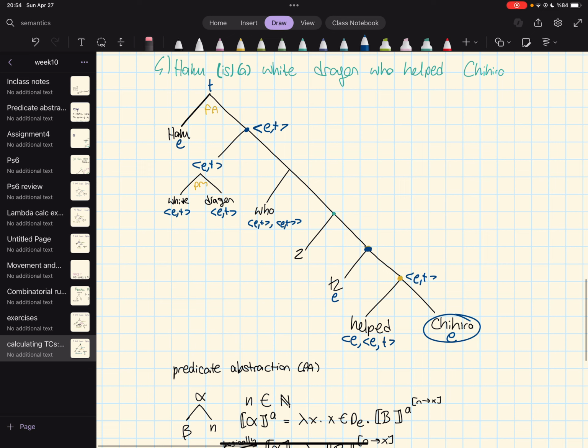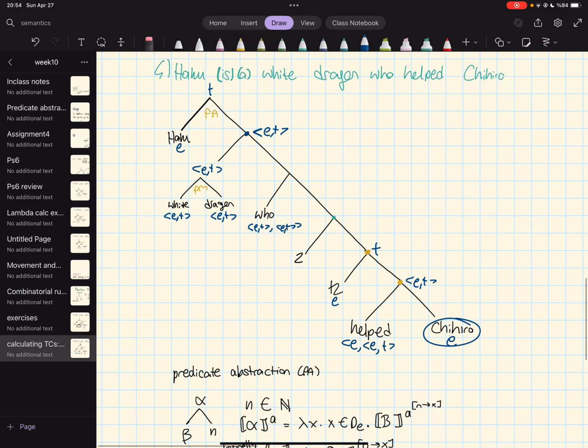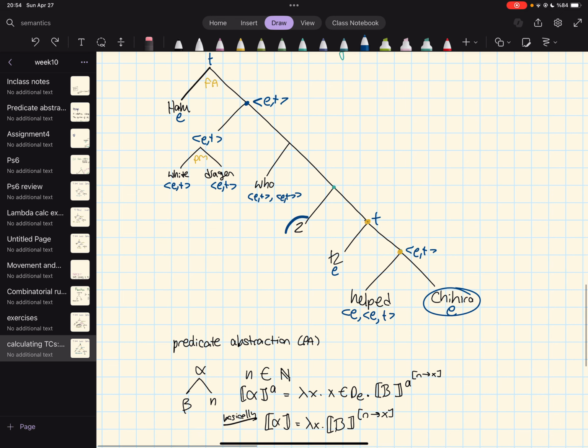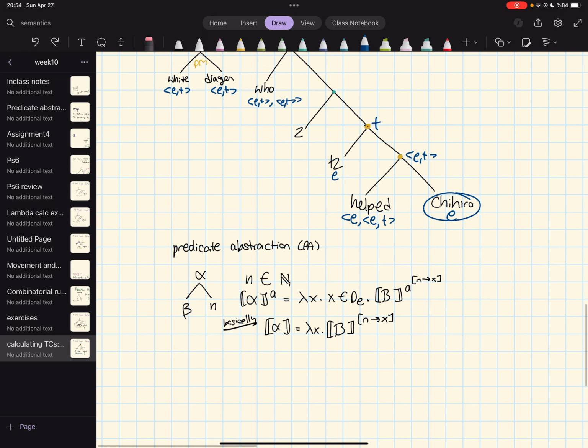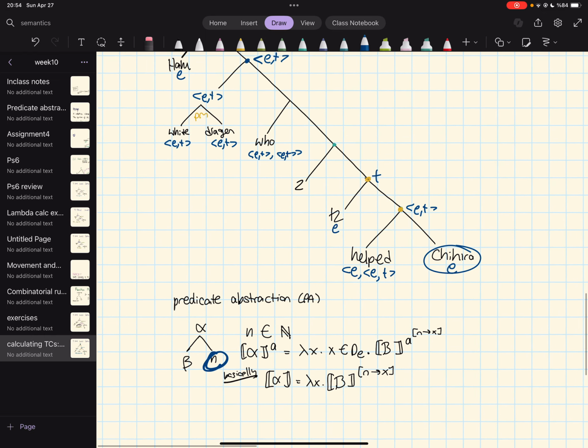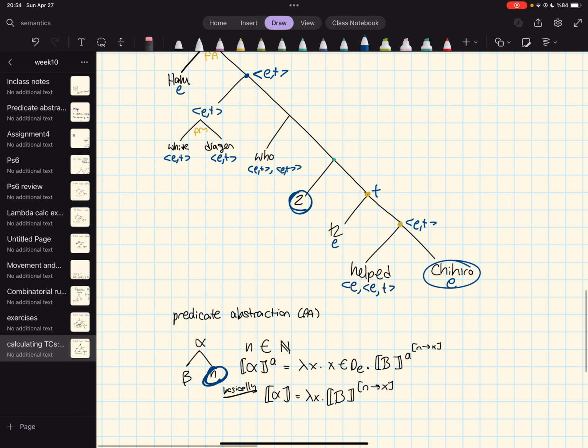Anyway, the mother of this one would have to be, since this is taking E as the argument, it will return T. What's going on? We've never had a T in the middle of our logical form before. What we need to do is see the index here. Remember the predicate abstraction rule. When we have an index, a natural number in our logical form, to deal with it, we had to make